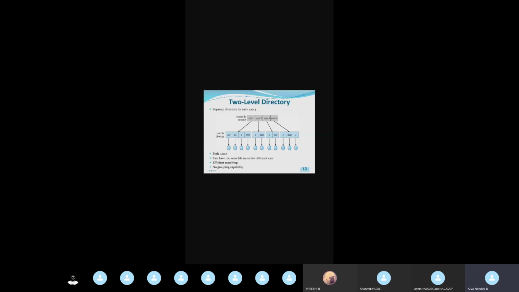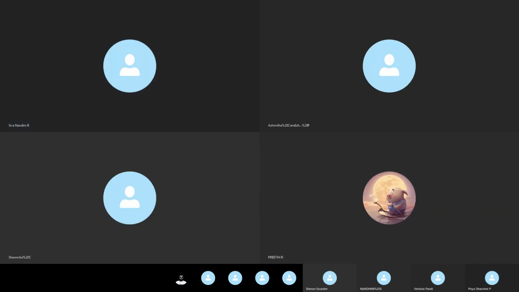I have drawn a diagram, a picture, in MS Paint, and I want to paste it into the Word document. To do that, I have to share or group it from there to here. But this grouping is not available in the 2 level directory. So it is a disadvantage of the 2 level directory.